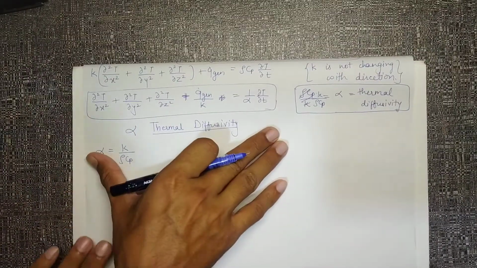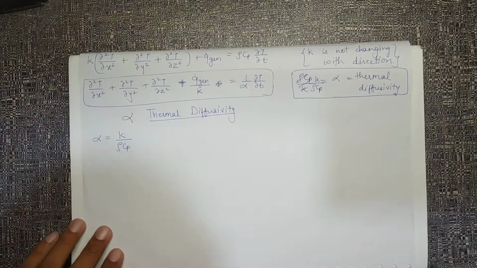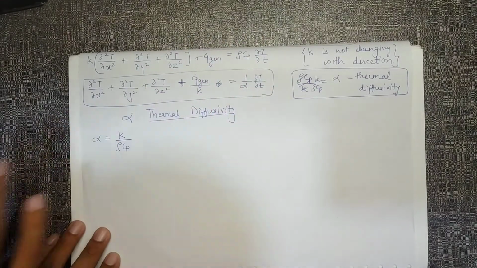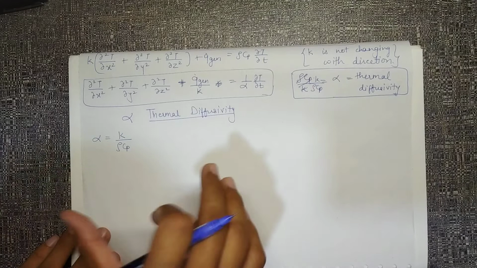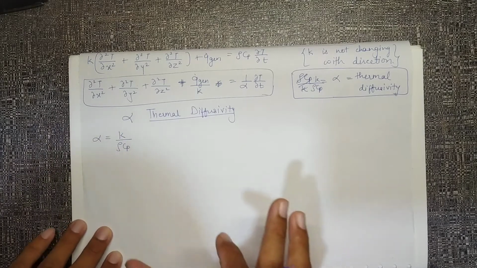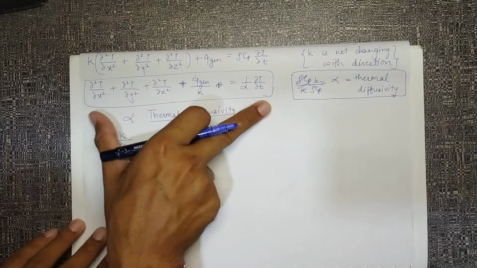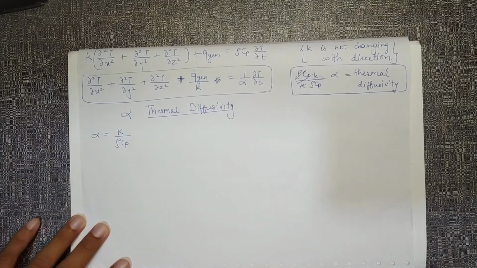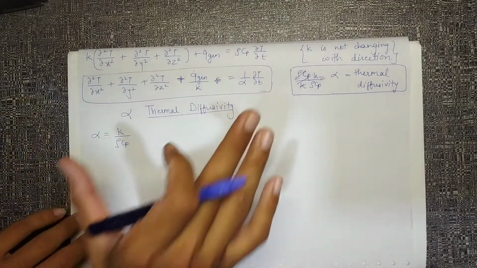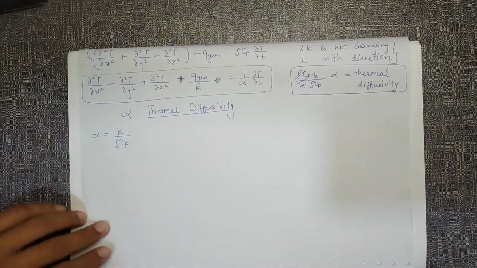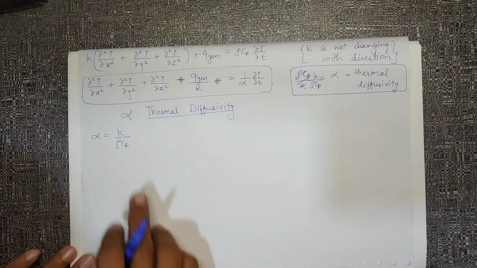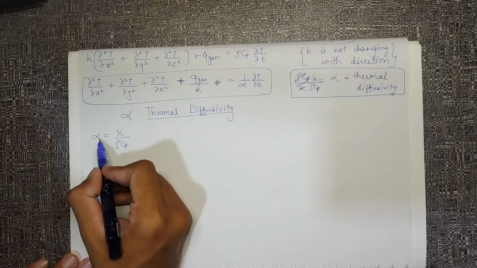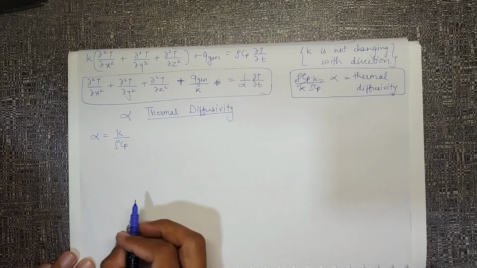I didn't go into much detail in that video, because the derivation is not that important. It won't be asked in exams. Whenever we are solving problems at that position, we just need this final equation and we need to simplify and solve this. So that's the main aim. So this final equation and the understanding of that equation is more important. So this is the formula for thermal diffusivity. Let's understand the real significance.